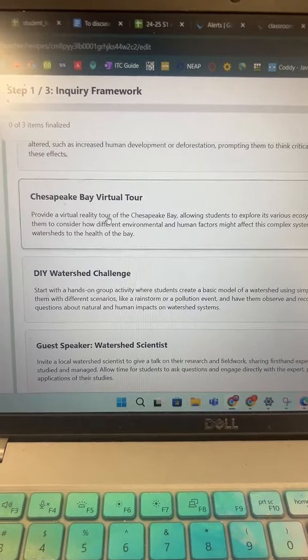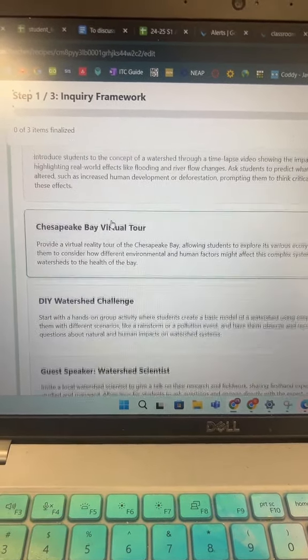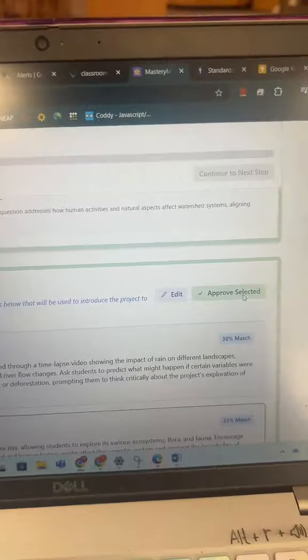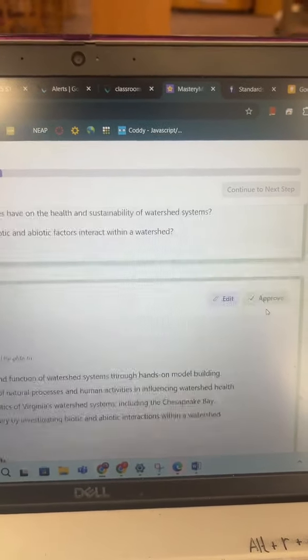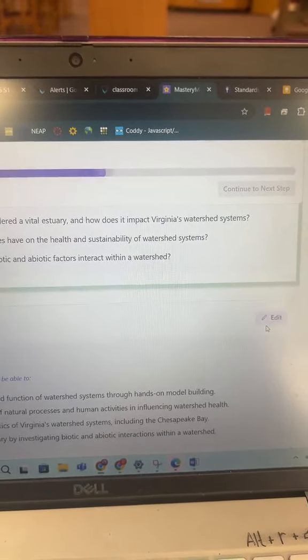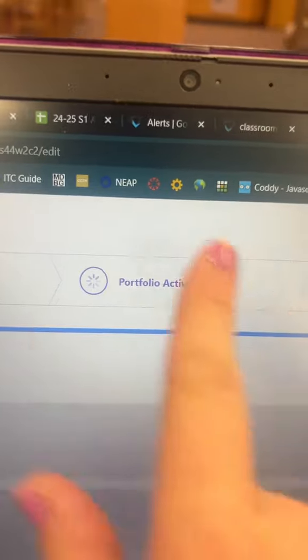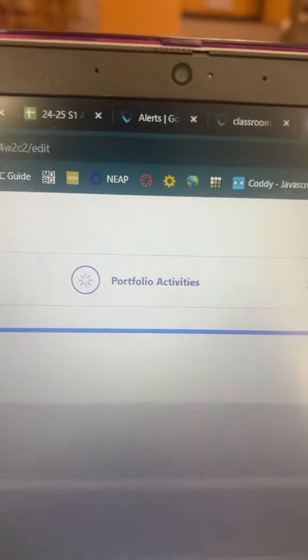So I'm going to choose the entry event that I think my students will enjoy the most, and I'm also going to approve my outputs for each section. Now you can also edit those. So if I click the edit button, it's going to give me the opportunity to tweak those questions or that output. When I approve that, it's going to start generating portfolio activity, which is going to provide your students with